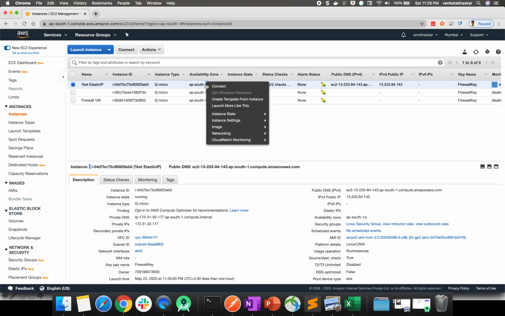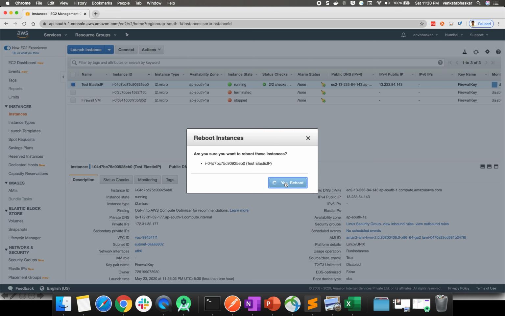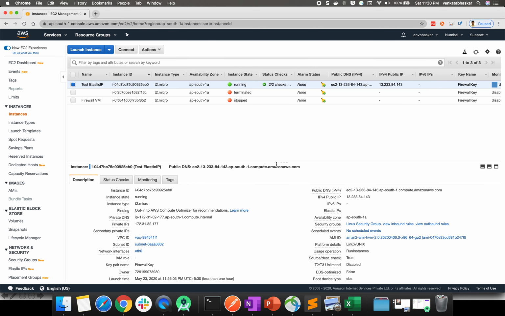Now this is my virtual machine. If you want to stop or restart, there is an Instance State tab. Go and stop this machine. Okay, first we'll check the reboot option. Now the system reboot will happen.